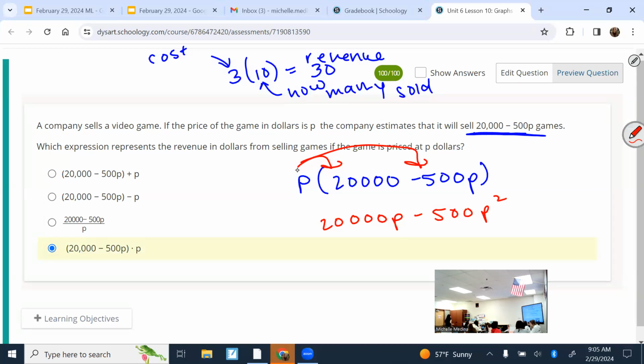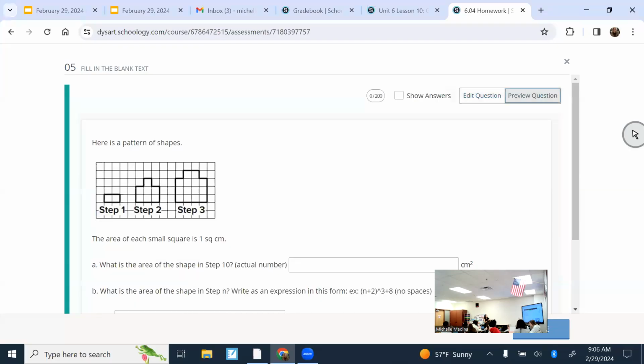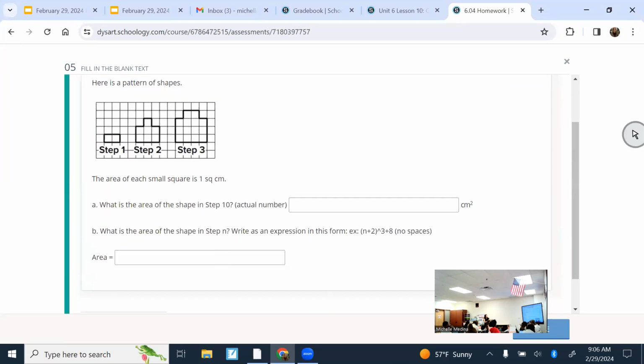Is it? Okay, so it's kind of 0.4 and 5. And 4, if you guys needed help with that one. So the area of each small square is 1 square centimeter, and it says what's the area of the shape